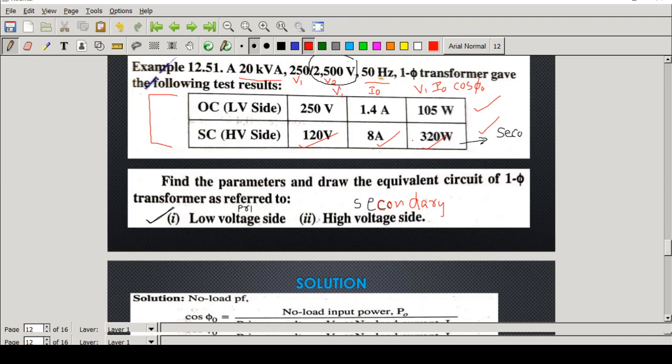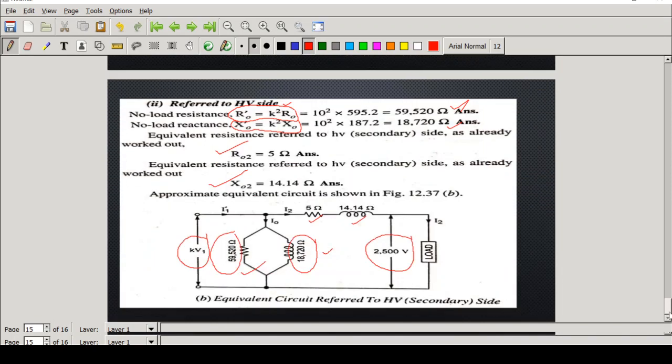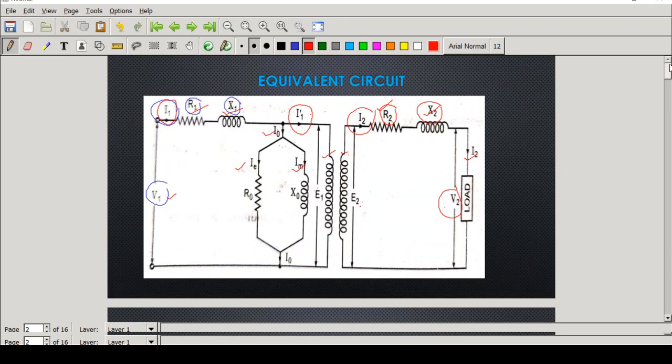That information you can get from here, the transformer rating, that is 250 and 2500 volt. From that you have to see which is the primary. So the first one will be the primary. We have to first understand whether the primary is the high voltage or the secondary is the high voltage. If you work out more problems on this, it will be very clear, but we have to be very clear about the equations. I hope you got an idea about the equivalent circuit and the methods for determining it.